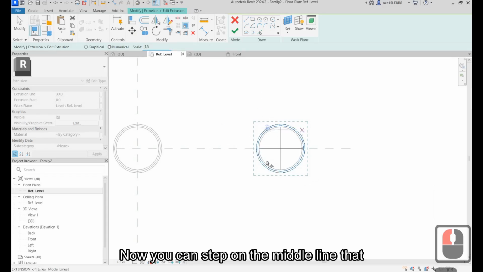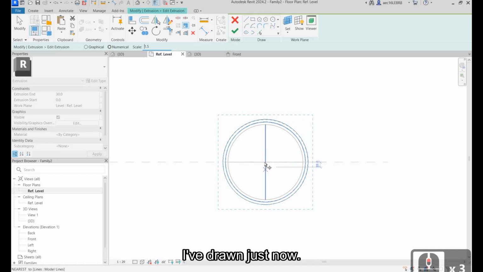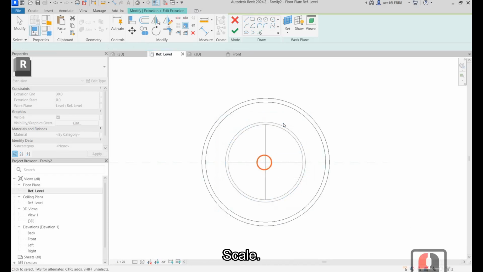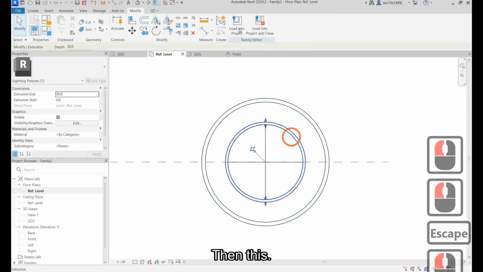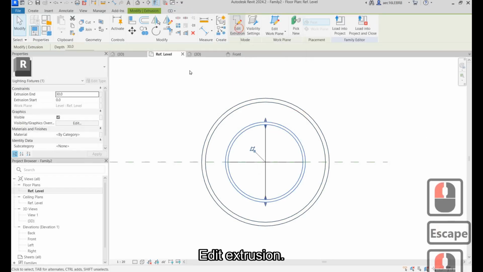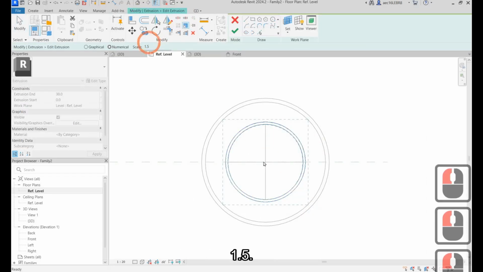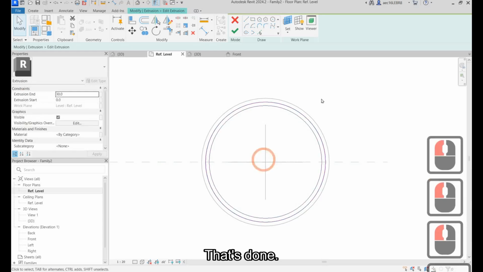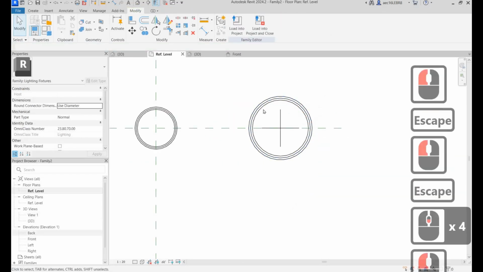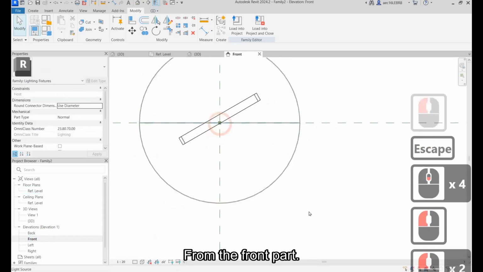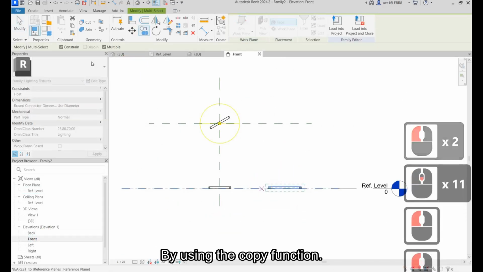Okay, now you can snap on the middle line that I've drawn just now. Click on here, scale. Done. Then this, edit extrusion. Select the extrusion. Scale up 1.5 here. That's done. Then now from the front part, this one I need to move it up by using the copy